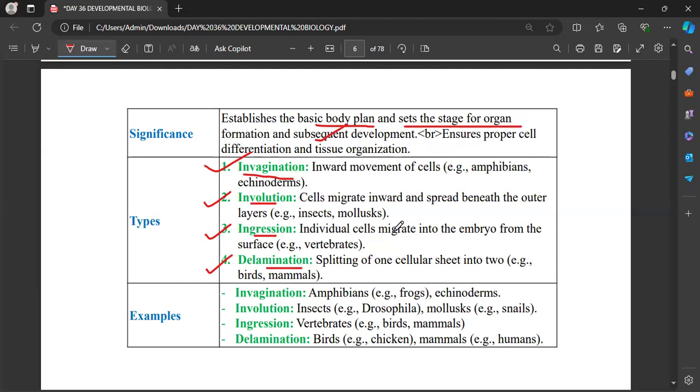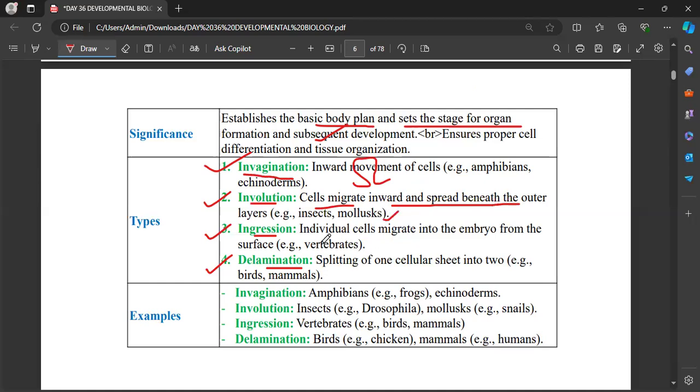So what is invagination? We know it is the inward movement of the cells. Involution: here, the cells migrate inward and spread beneath the outer layers. It is a rapid inward movement. That is involution. This migration inward by the cells spreads beneath the outer layers. There will be a lot of layers which will involute under the outer layer